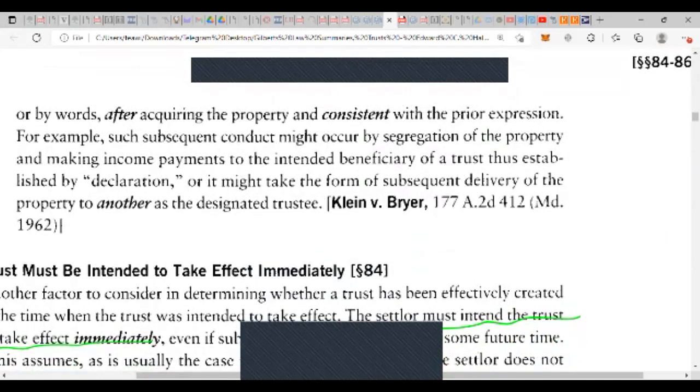For example, such subsequent conduct might occur by segregation of the property and making income payments to the intended beneficiary of a trust, thus established by declaration, or it might take the form of subsequent delivery of the property to another as a designated trustee. Klein versus Breyer,